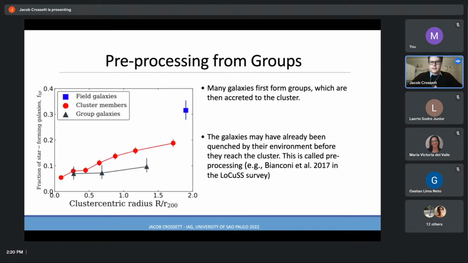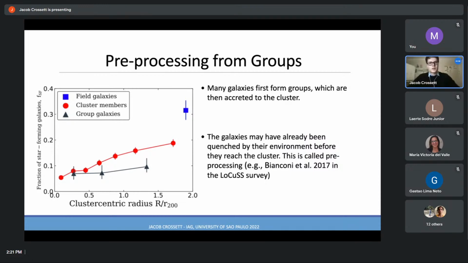Now, galaxies tend to form in groups, and then these groups themselves can be accreted onto a cluster. And so we think that the groups themselves may do a lot of the heavy lifting, if you will, of quenching galaxies and forcing them to become passive and quenched. And we term this pre-processing. This is when galaxies are quenched and transformed in a group environment before that group is then accreted